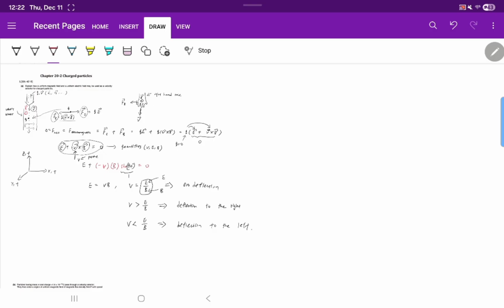To make the particle deflect to the left or right or not deflect at all, it depends on the velocity of the charged particles, right? If the charged particle's velocity is equal to E over B, then no deflection. If the velocity is greater than E over B, then it will be deflected to the right. If the velocity is less than E over B, then it will